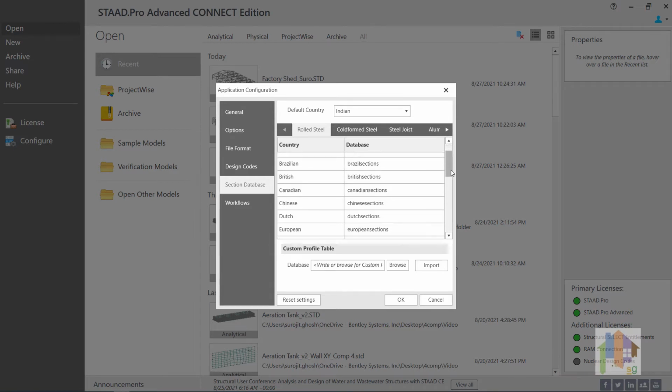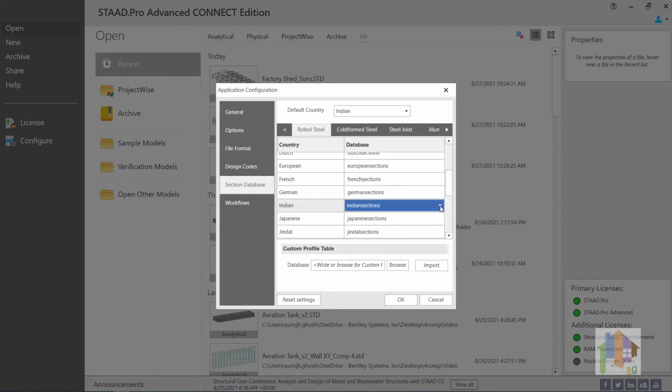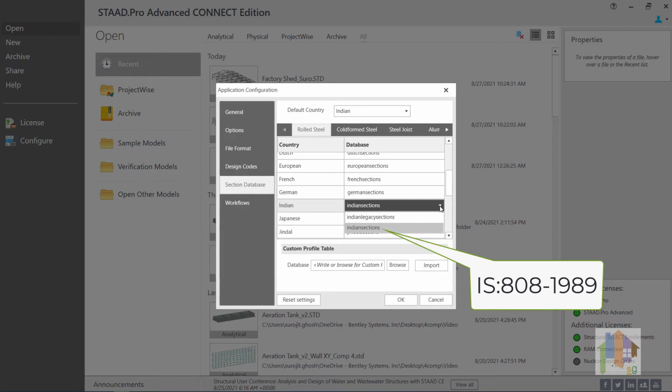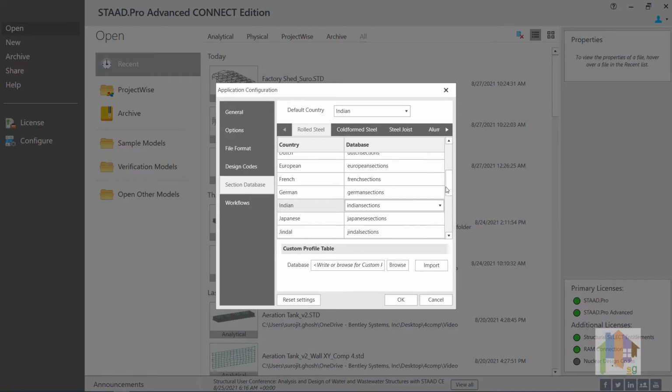There are 2 different database versions for India as well. Indian sections refers to the IS 808 1989 version of the code, and Indian legacy sections refers to the IS 808 1964 version. By default, the latest database is selected for all countries.